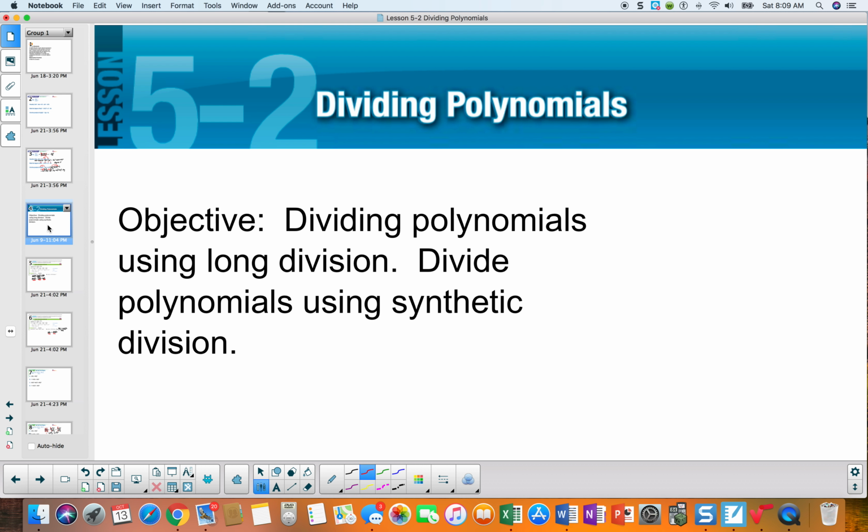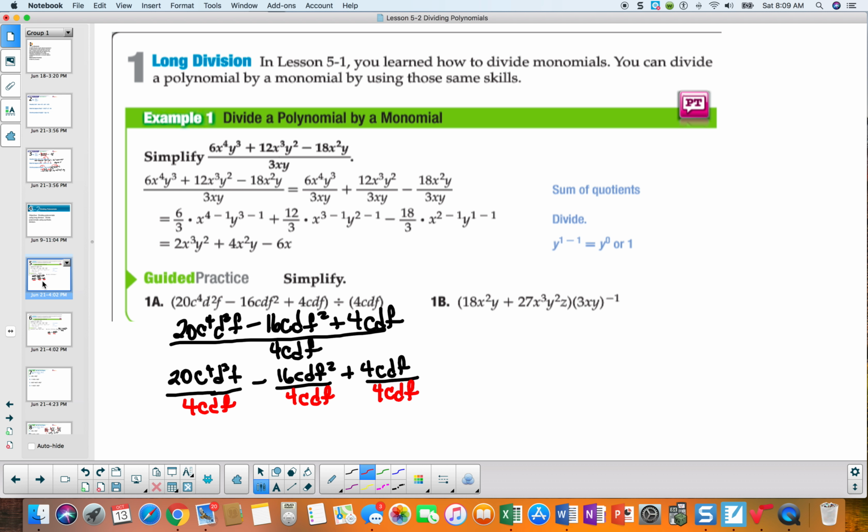Lesson 5-2, dividing polynomials. Objective: divide polynomials using long division, and divide polynomials using synthetic division. Let's take a look at long division, dividing by a monomial. So in this case, I have a polynomial right over here, 1, 2, 3 terms divided